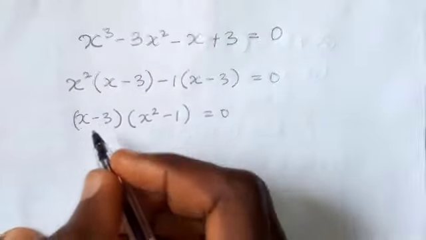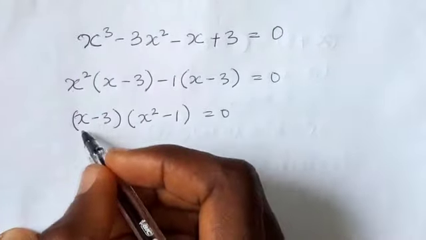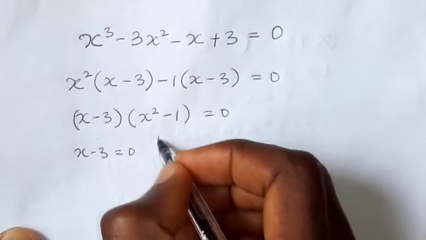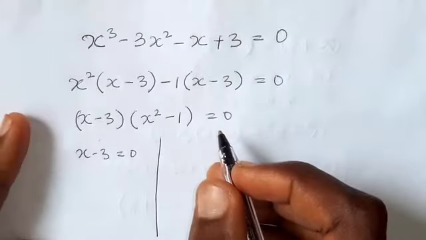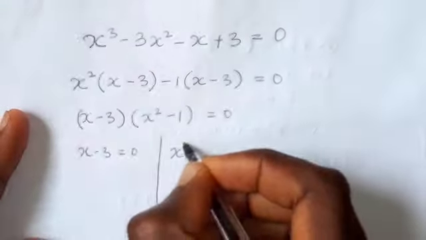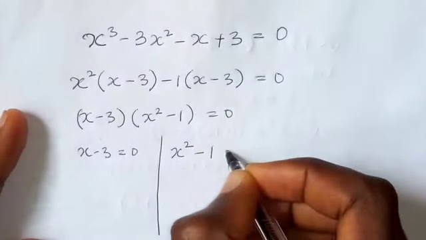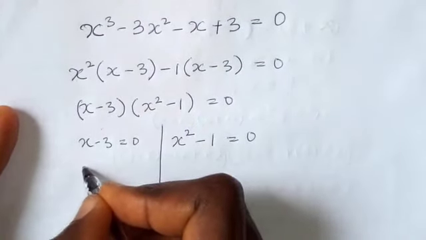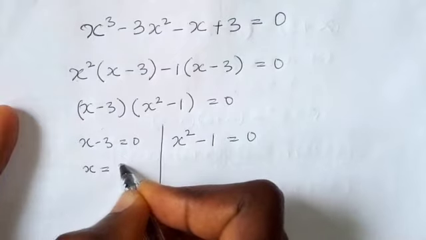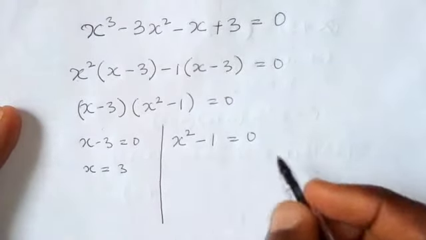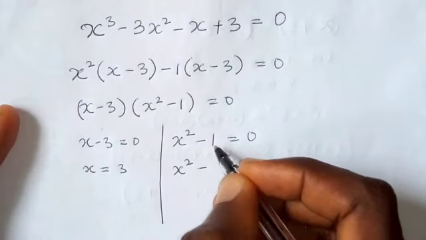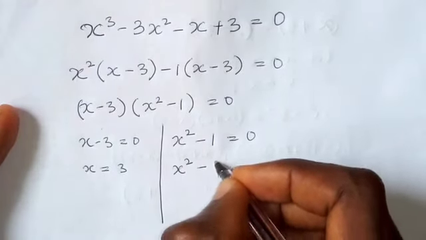Now it implies that x minus 3 equals 0, or x raised to power 2 minus 1 equals 0. This now will become x equals 3. And for this, we have x raised to power 2 minus 1 can be expressed as 1 raised to power